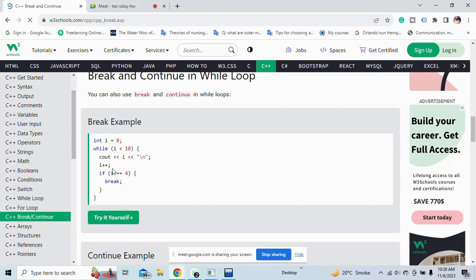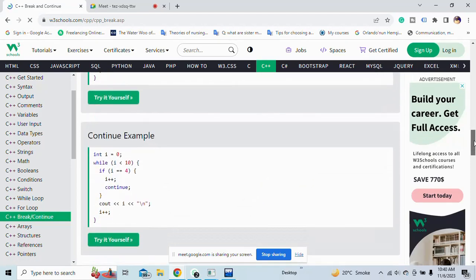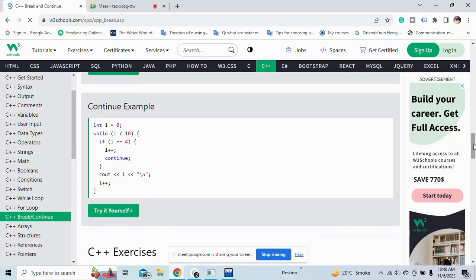So you see, even if we write if statement just here and then provide the cout statement, it's okay even then. For continue statement they followed the same, like provide if statement just after the while condition, and then the same way that I have told you. Okay,